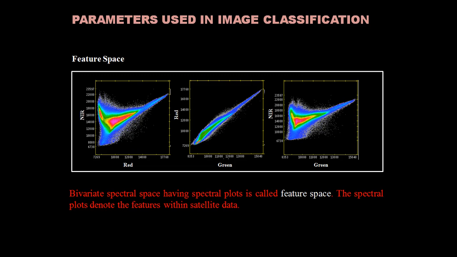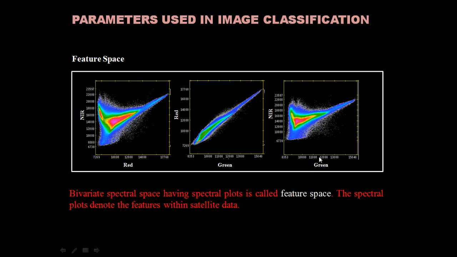Let's discuss these parameters in detail. Firstly, feature space. What is feature space? Feature space is a bivariate spectral space having the spectral plots, which is called feature space. And the spectral plots denote the features within the satellite dataset. So here, these are the feature space, and these are the bivariate plots where each and every band is used